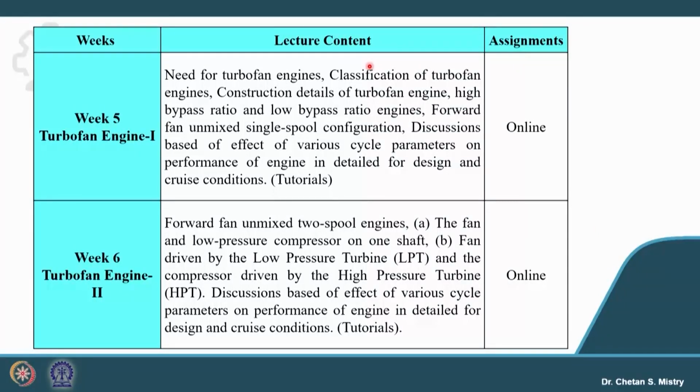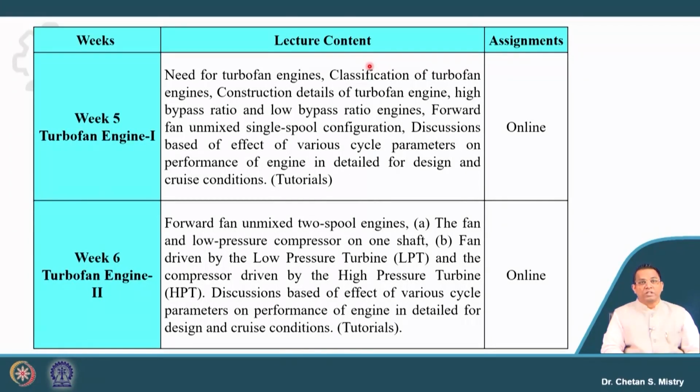In last week we were discussing about turbofan engine. We started discussing what all are the needs for the turbofan engines. Then we have done the classification for the turbofan engine. We also have discussed about the construction details. Then we were discussing about the high bypass ratio engine, low bypass ratio engine. After all this understanding, we have started with the very first type, that is forward fan unmixed single spool configuration,